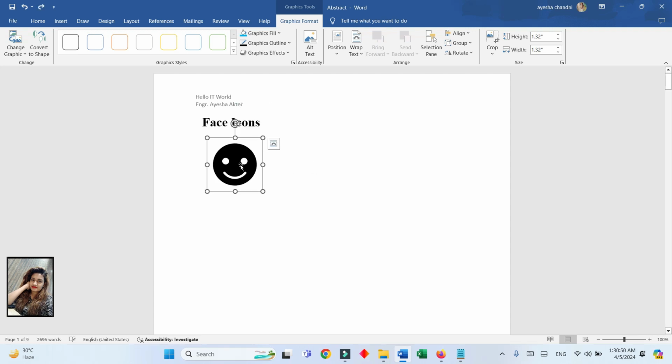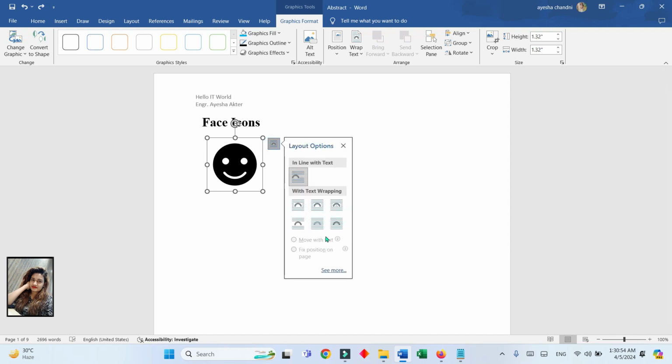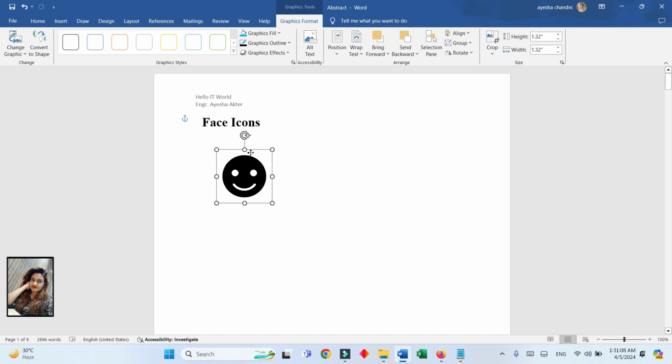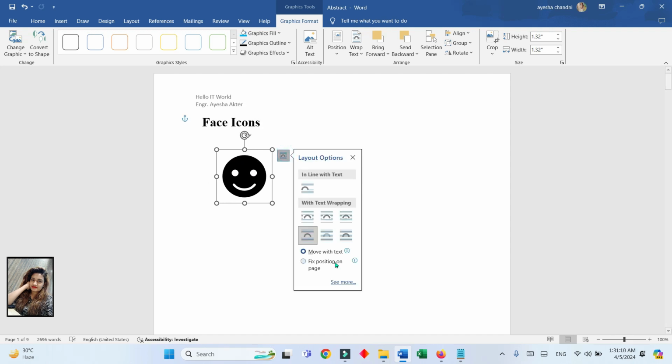but remember when we move it, for this case we will first wrap, that means text wrap, or if something has been written, in this case we will wrap these things, then move it with the text. So now we have already selected the text. See, we can move it easily.